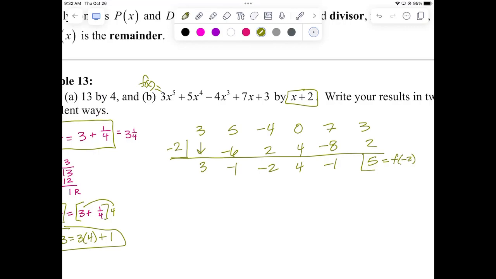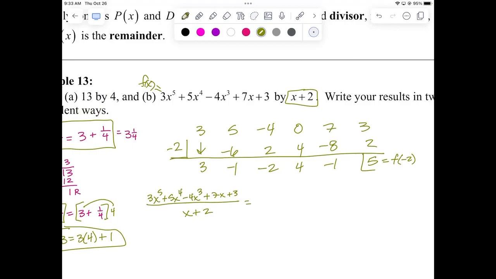Is x plus 2 a factor of f? No, because the remainder is what? 5. But we can say this. We can say that 3x to the 5th plus 5x to the 4th minus 4x cubed plus 7x plus 3, when I divide it by x plus 2,